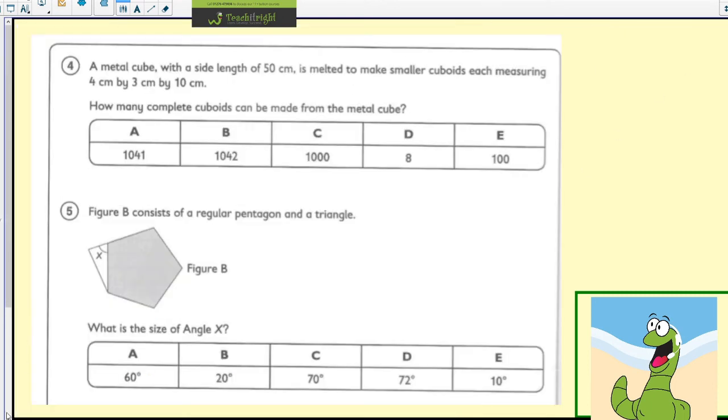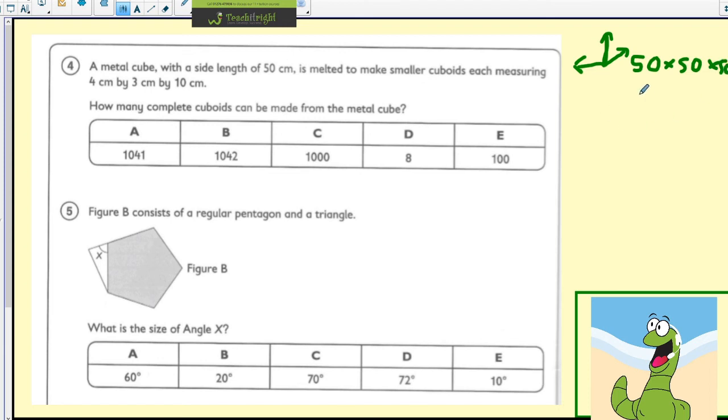Right. A metal cube with a side length of 50 centimeters is melted to make smaller cuboids, each measuring 4 centimeters by 3 centimeters by 10. Okay, so a cube with length of 50 centimeters is going to be 50 by 50 by 50. We know this about volume, and funny enough, the same point I was just telling you is going to happen again, but this time instead of squared, it's going to be cubed. So it's going to be 50 times 50